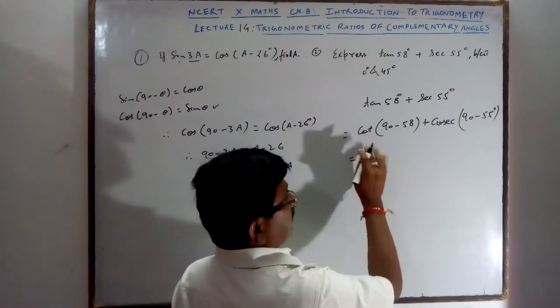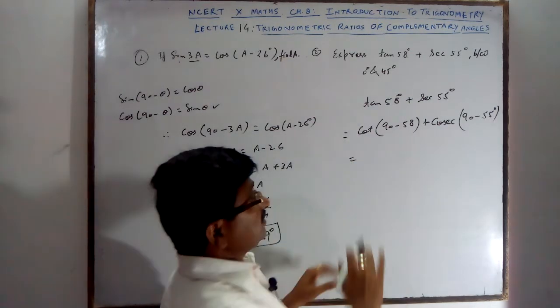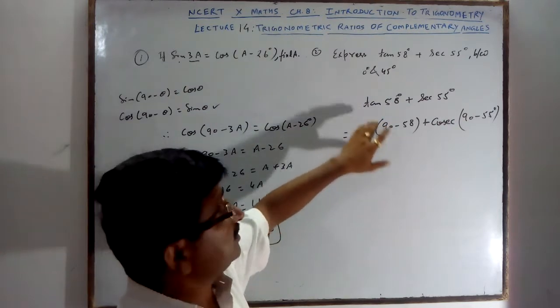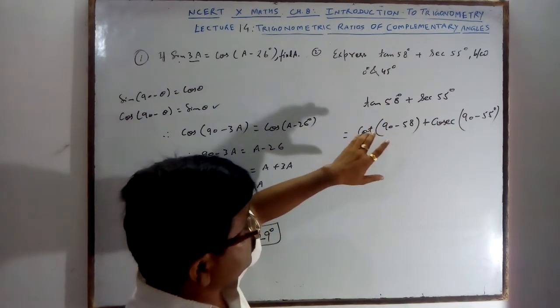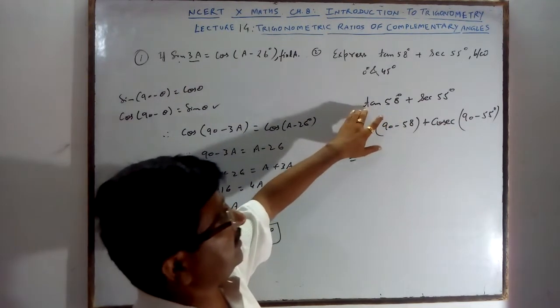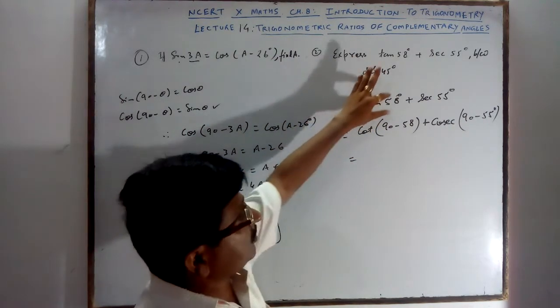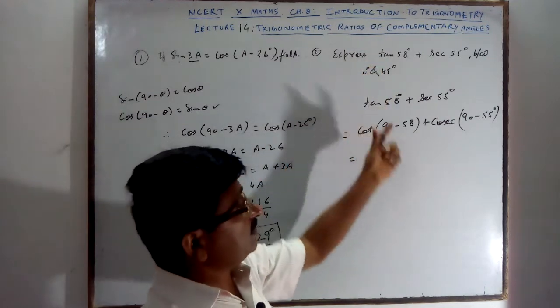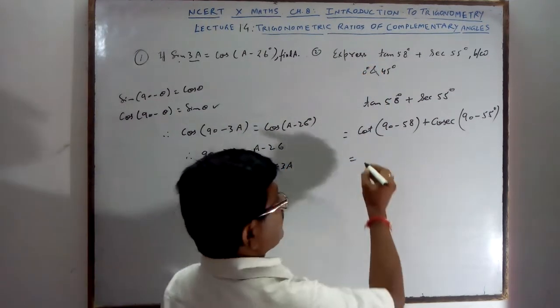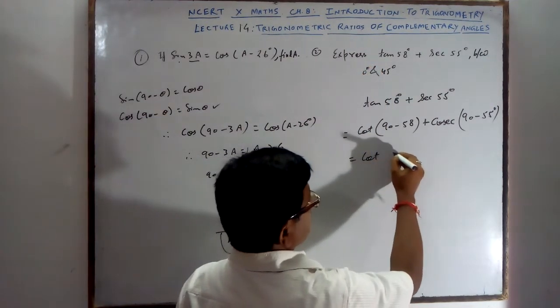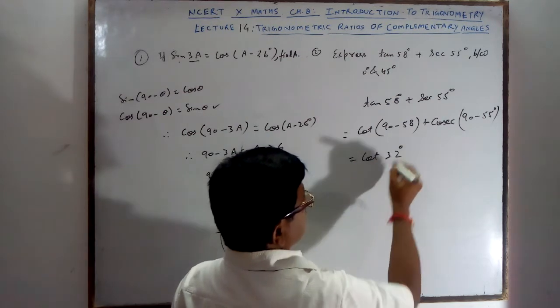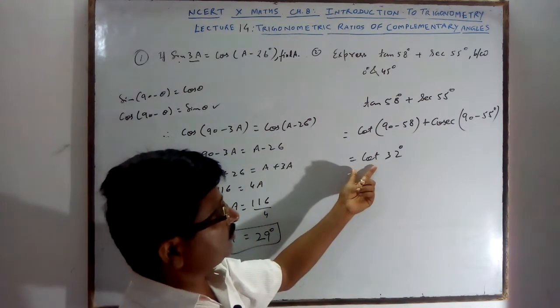Now you don't apply the formula again, because you have already applied it once. Tan converted into cot, now you don't write cot(90 minus 58) as tan 58 again, then it will be wrong. Only subtract both. After the subtraction, your answer will be cot 32 degrees